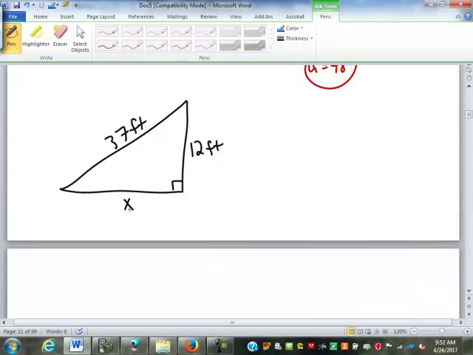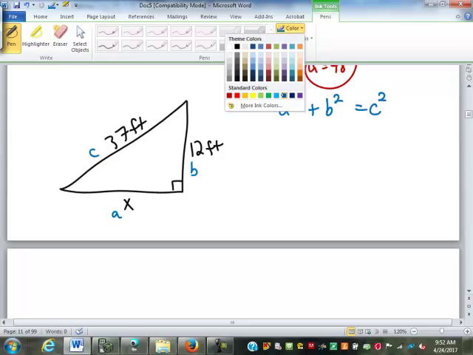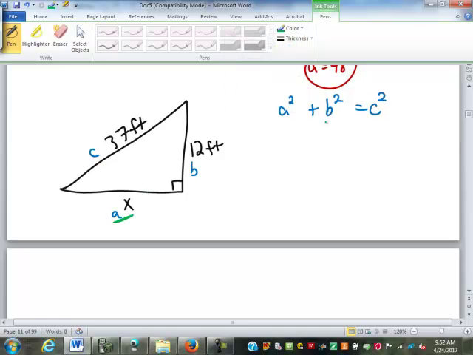So I'll label this A, B, and C. Again, 37 has to be side C, but the other two are interchangeable. I usually do make my missing side side A. So A is really side X, so it's X squared plus B is 12, so 12 squared. 37 is C, so 37 squared. So X squared plus 12 squared is